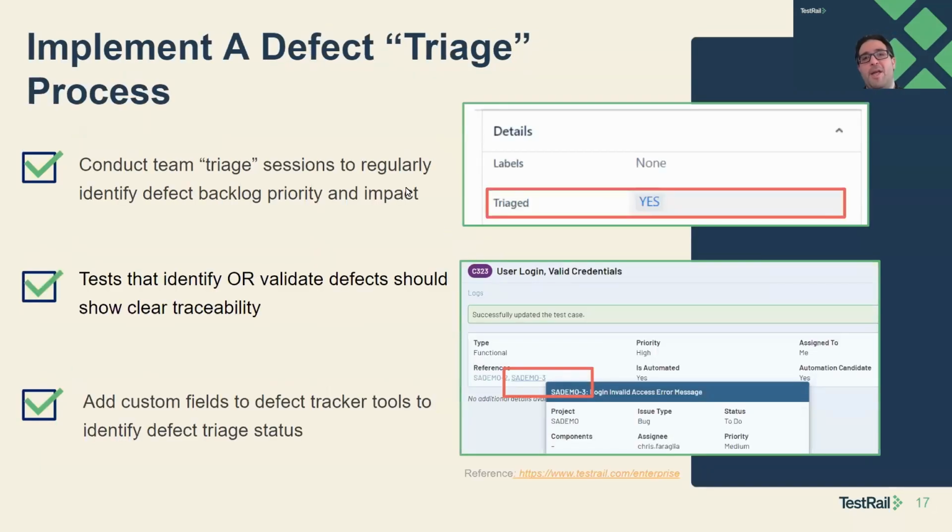So here's defect triage. I kind of gave it away in my last slide. For those not aware, I'm sure a lot of the testing and QA folks on this call have probably heard of it, done it, or are currently doing it. Defect triage is really a process that we should be conducting with our product team and really just our team in general. You can do an Amigo-style meeting where you have someone from product, engineering, and the QA or test team. If you have BAs, business analysts are always a great asset to have as well. Having these regularly to review, track, and manage open defects on a product is really critical.